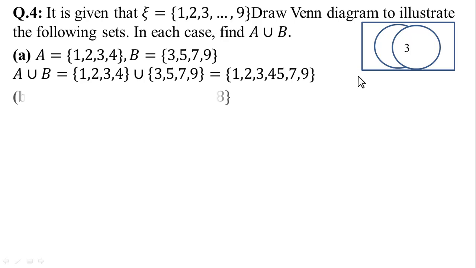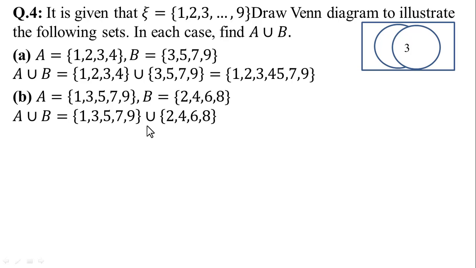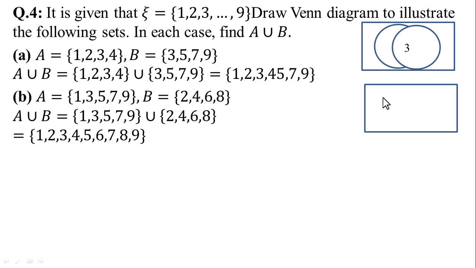In part B, set A is 1, 3, 5, 7 and 9 and set B is the even numbers 2, 4, 6 and 8. Now taking the union of A union B, the answer is 1, 2, 3, 4, 5, 6, 7, 8 and 9, all the elements of sets A and B. Now draw the Venn diagram. First of all, the universal set, and they have no common element,